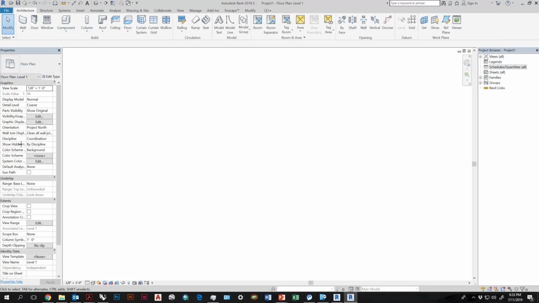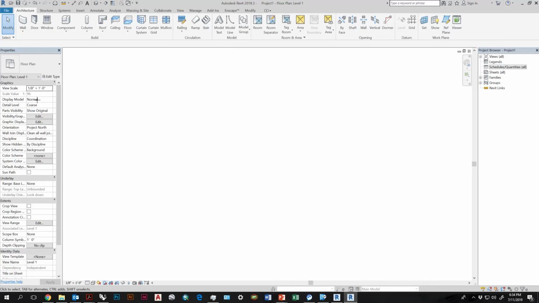Okay, so Properties panel. This Properties panel will change based on what's selected. If nothing is selected, the properties are for the view itself. So you'll see things like the scale you're working with. And the scale is really important when you're actually going into printing drawings, not necessarily while you're working. It does also help control how finely detailed your drawing looks if you're changing the scale. But this is very important when you're exporting for your sheets and exporting drawings, not necessarily while you're working throughout.